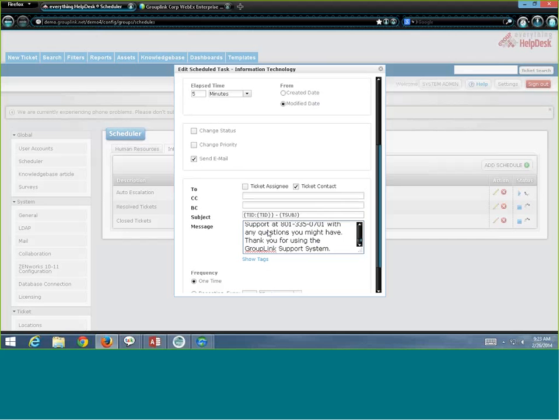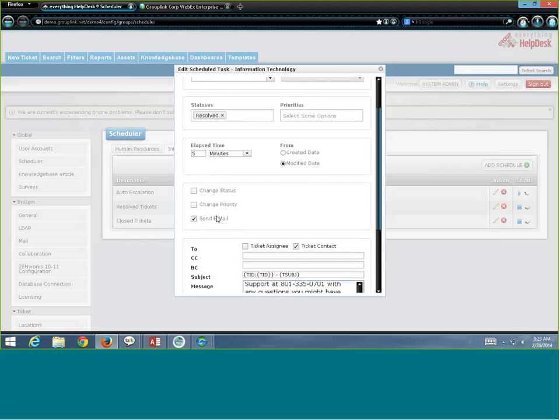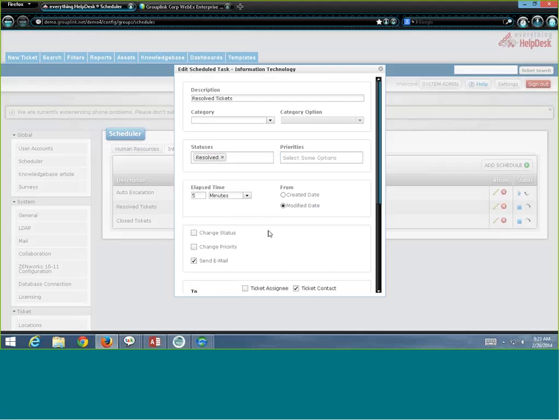And it's going to do it once, 5 minutes after we change it to resolved. This is a great way to let the end user know, hey, we think we've wrapped up the ticket. We think we've solved the problems. And so it's going to send them an email. Do you have anything else to bring up? Do you have any more questions, concerns? And so it's just a great way to let them know,